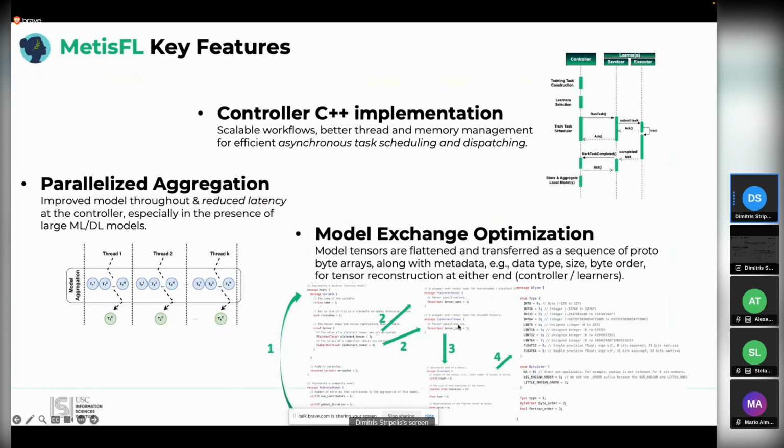And one more critical thing that other systems have overlooked is the different data types that you need to consider. So you might have a machine learning model that is trained with a float 32 or a float 8, but then during transmission they actually end up being converted back to float 32. So here, we are enforcing that whatever precision you want to preserve is also being communicated throughout the network.